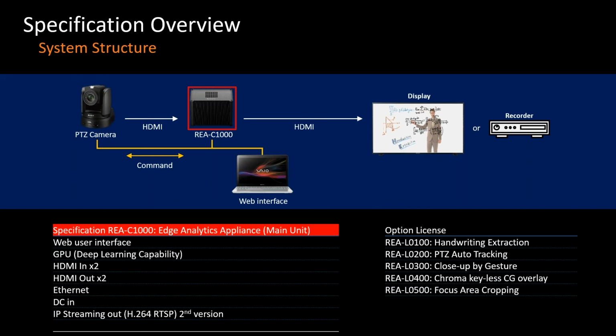Go ahead, Drew. Well, okay, so we have to understand that the different applications are using the two outputs in different ways. So, focus area cropping, if we're using a 4K camera, then HDMI out 1 is going to be that raw 4K output literally from the camera. HDMI 2 would then be the focus area or the region of interest that you've defined, whether it's static or dynamic. In the case of